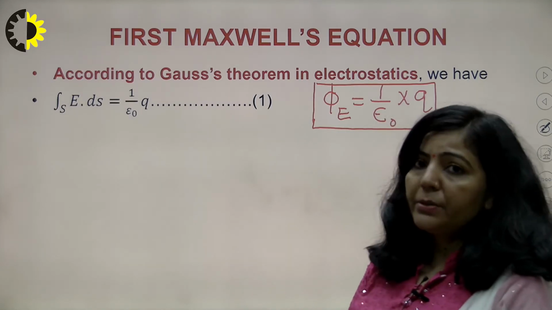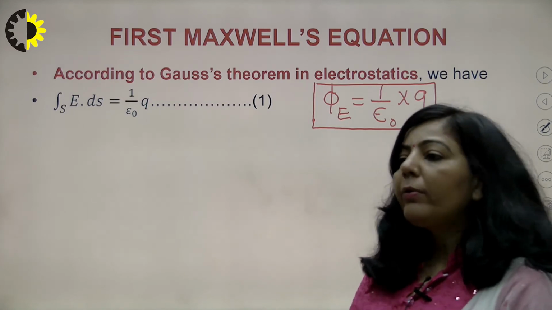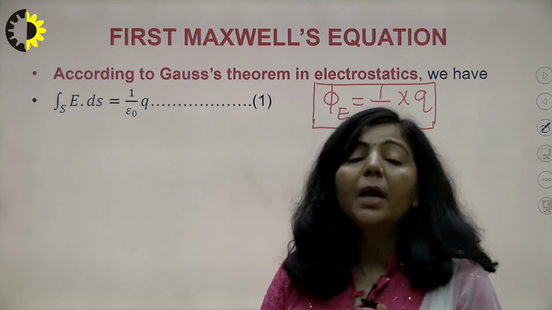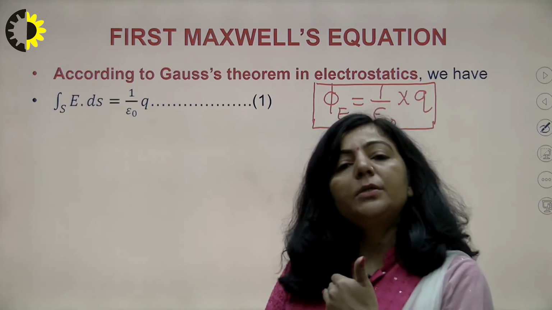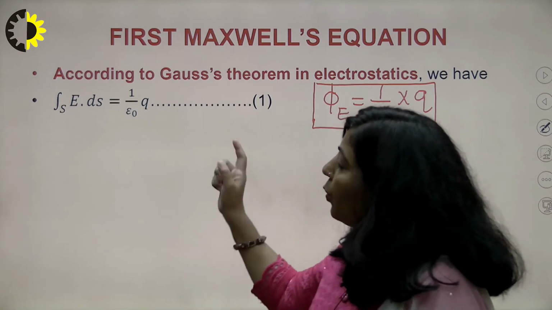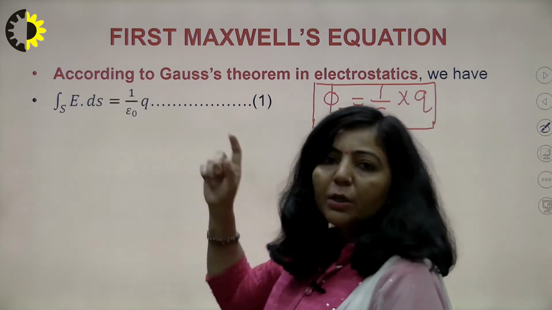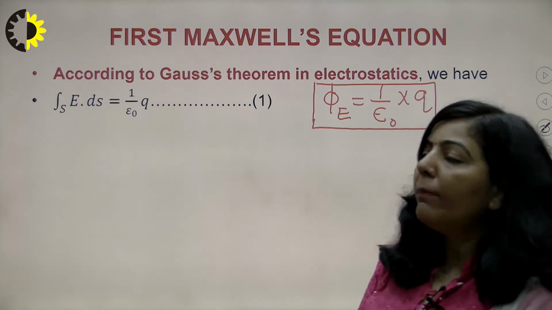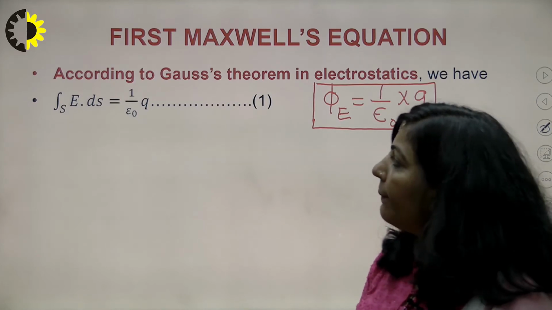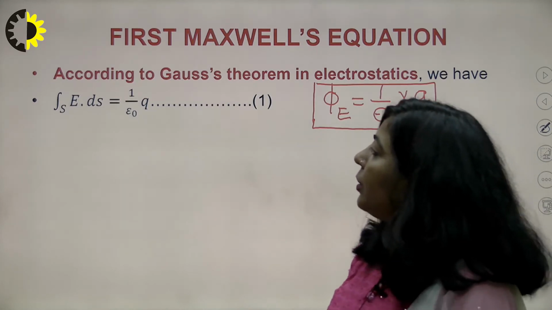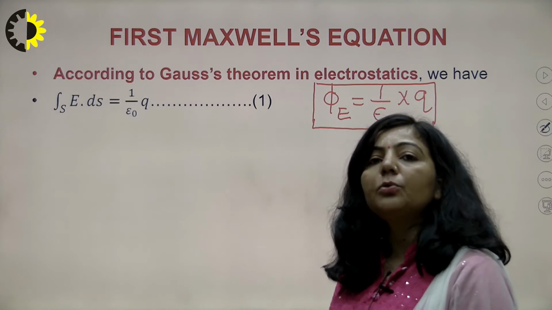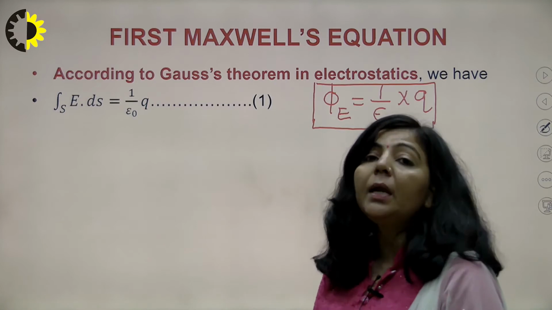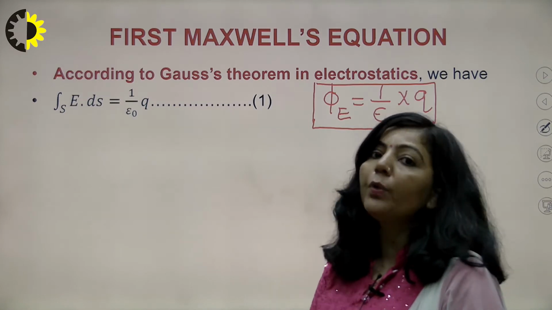Now the next step is to represent each and every term, except the constants and operators, in integral form, meaning you have to write all the terms of this equation in integral form. The left hand side is already in integral form, flux is the surface integral of E, and on the right hand side you have 1 upon epsilon naught times the total charge enclosed. Now our objective is to write this charge in integral form. So you have to write this Q in integral form.